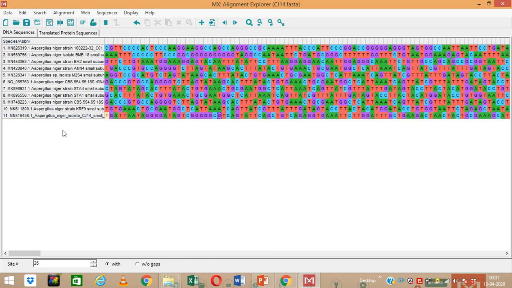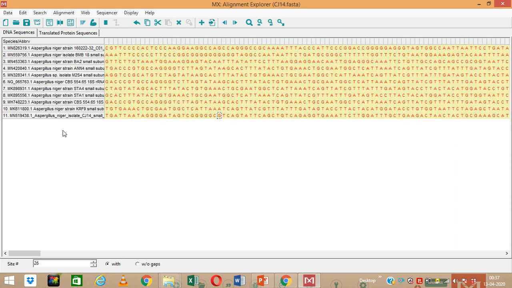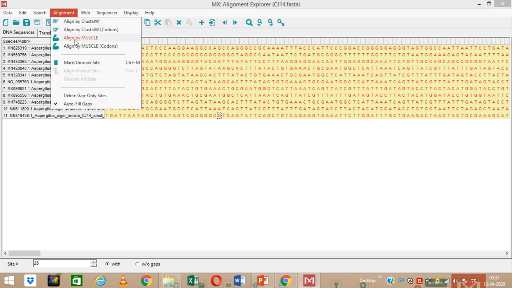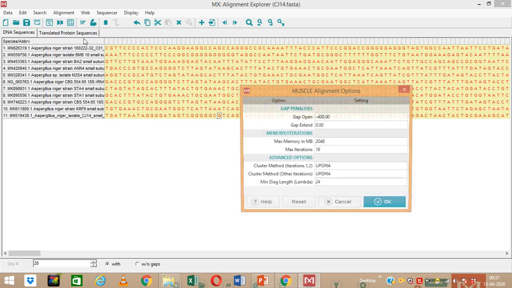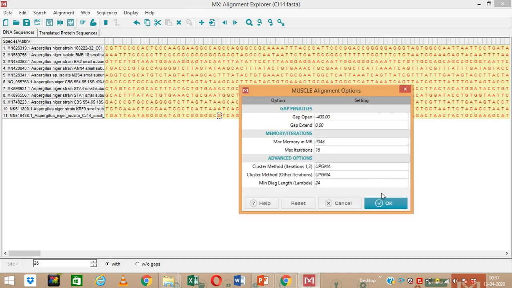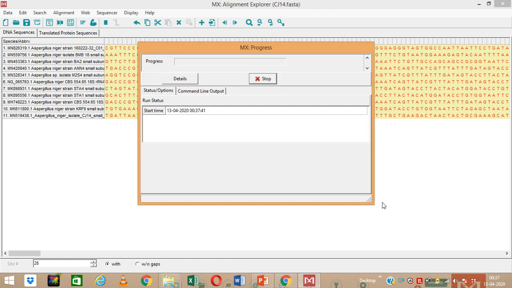So we can use either this option, but before that we have to select all these sequences. So what is the simplest way of selecting? We can do Control A. So we are pressing Control and A. So as you can see, all of them have been selected. Now either we can click this, or instead of this I am just going to align, and here we have the option of align by MUSCLE. So I am putting it over here. I am putting it on default mode itself, and it will align this data in a few seconds. It will take some 10 seconds or so, right?